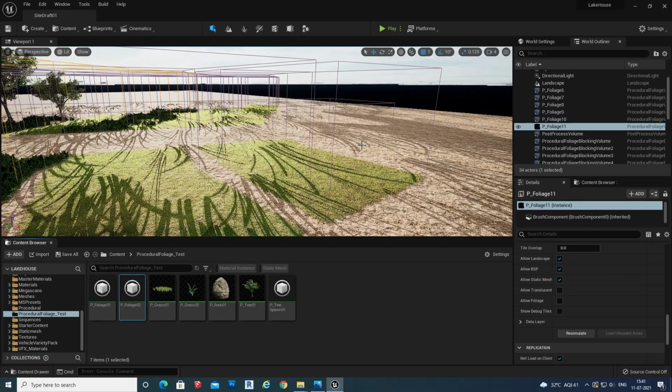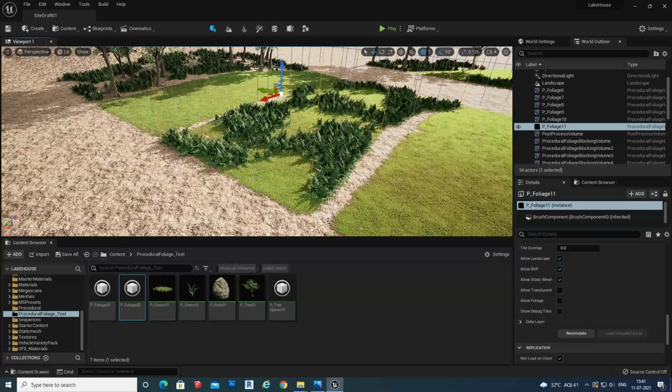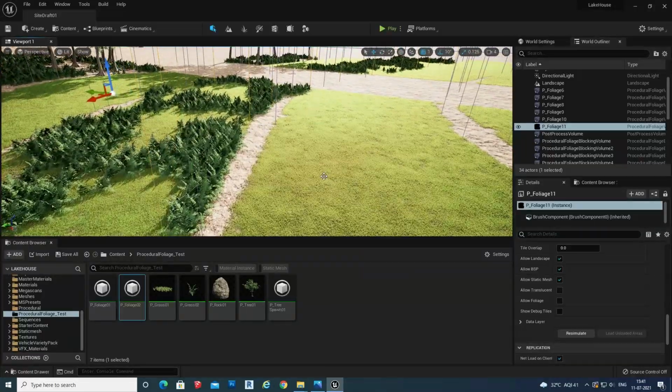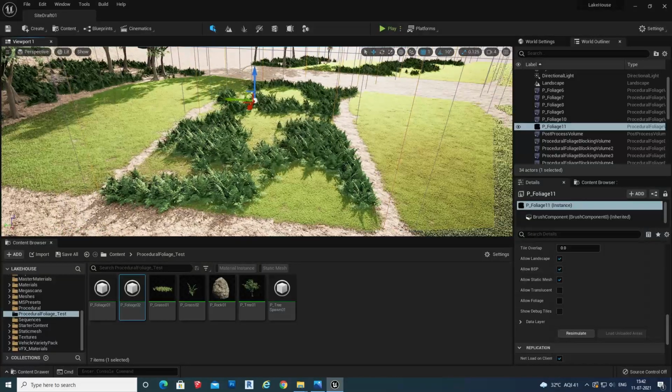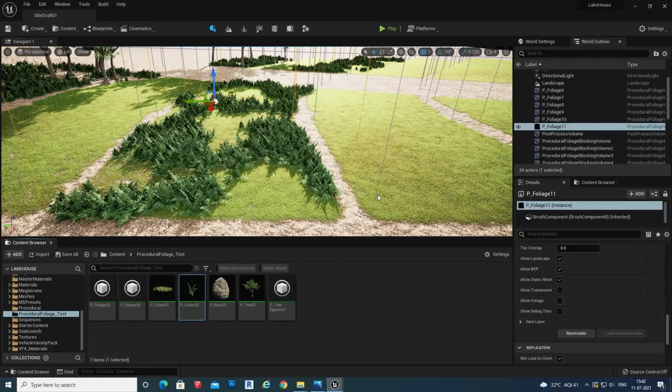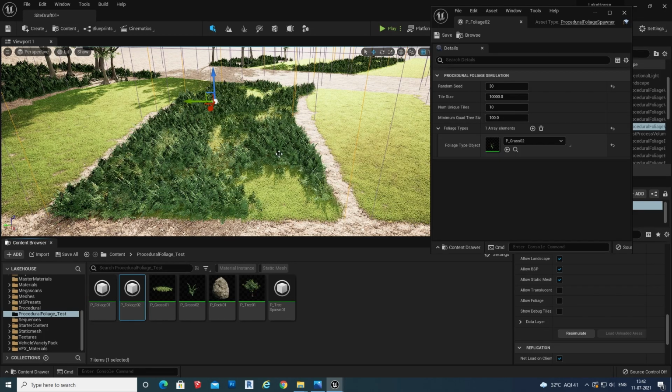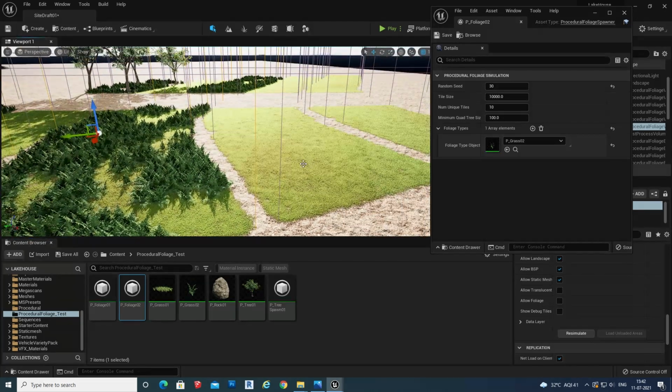Yes, now it's coming, but I need a different seed randomness. So I'm going to this container, to foliage 2, and change the seed to 30, save, resimulate. So it will give some randomness. If you need that, you can also change it in the container.